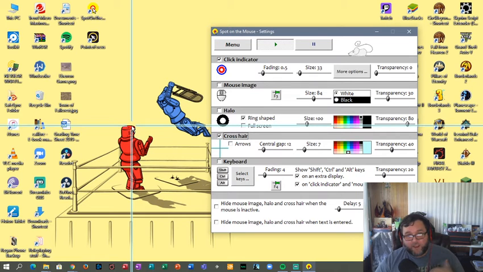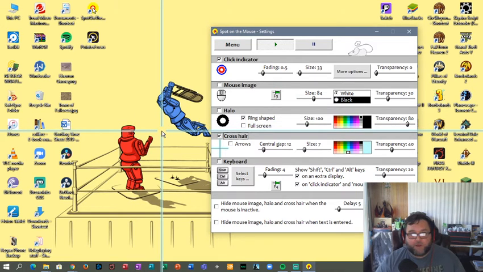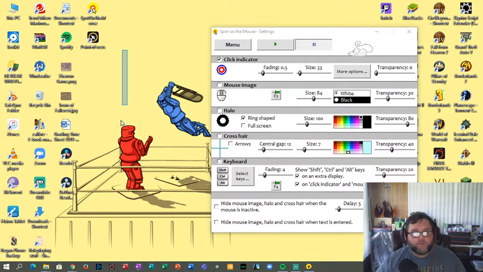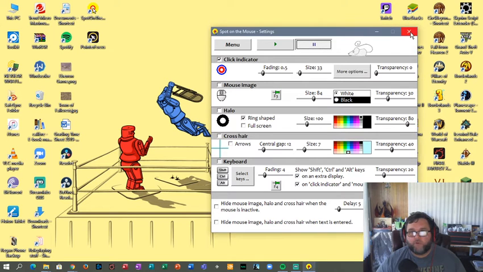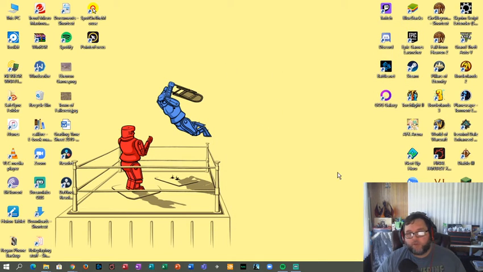I kind of get distracted by the lines, so I'm not a big fan of it, but it's there. And then there's a keyboard option, which I can't access because it's a free version. You can pause it so that you can just go back to normal without closing it, or if you are all done with it, you can just close out of it and it's gone. All right, and then the last one